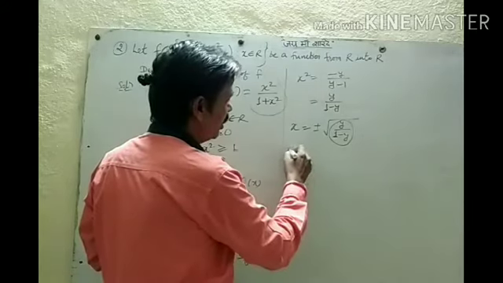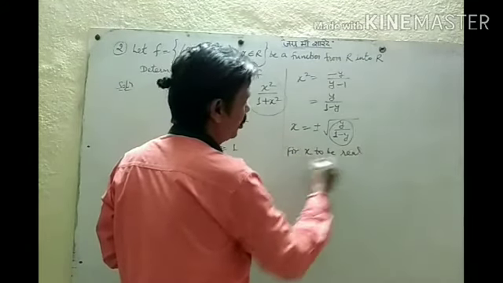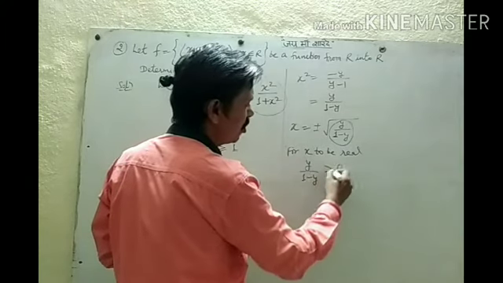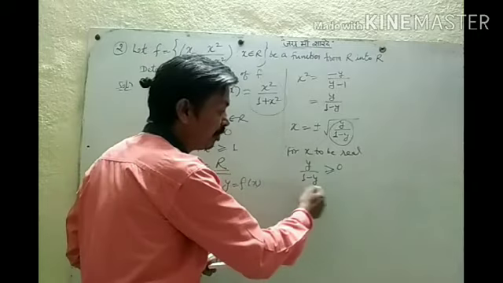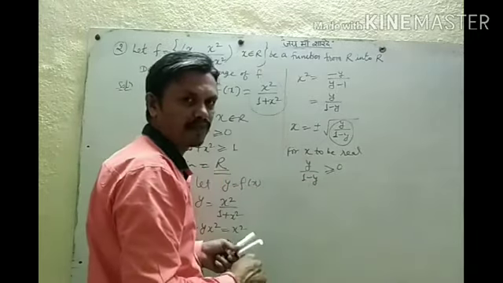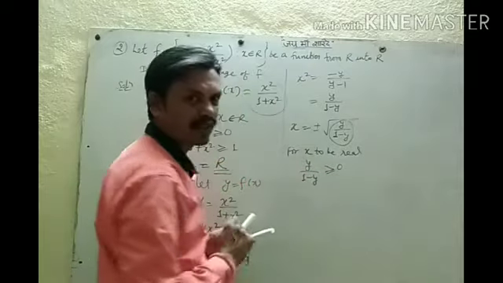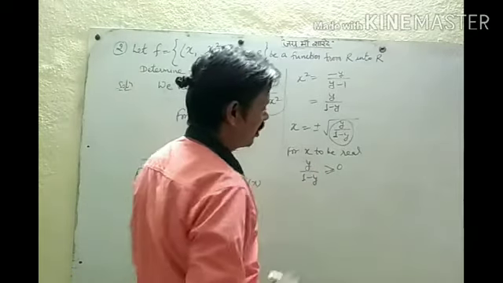So for x to be real, y upon 1 minus y should be more than 0, or it can be 0 also. We are talking about this complete value, not of this 1 minus y. 1 minus y cannot be 0, but the complete expression can be 0. Okay? So this is more than or equal to 0.